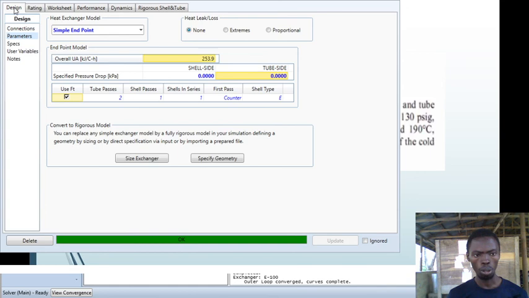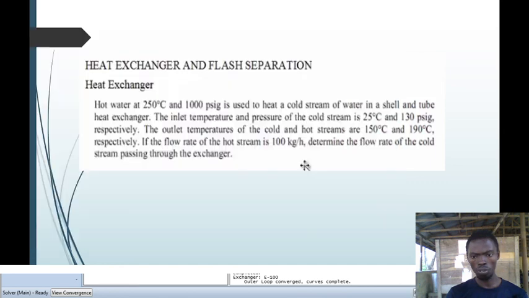So from there you can then go on and study your system and say, okay, what is the flow rate of the cold stream passing through this exchanger? And then you can come here, close it, and then what do you have? Flow rate of the cold stream. Look at it. You have 3.065 kilogram per hour.